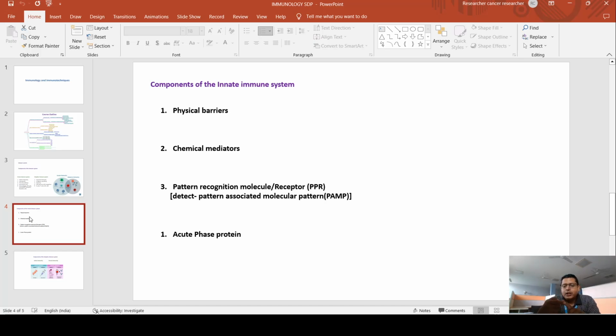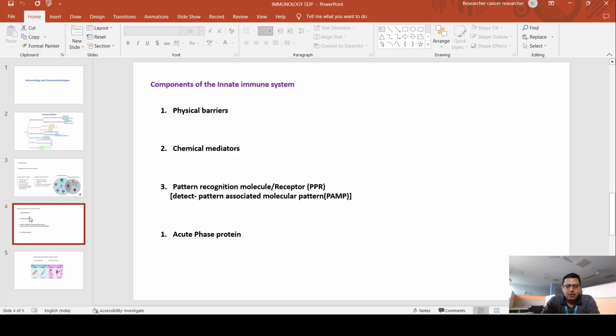So it is one type of matching, just like your key and lock theory, right? There is a particular pattern in your microorganism, and to recognize this particular pattern, there is a receptor on the cell surface. So when this particular bacteria or microorganism comes to this cell, due to this recognition, the cell knows that now I am infected. So it can direct the signal to the immune system, so that the immune system will be activated to clear